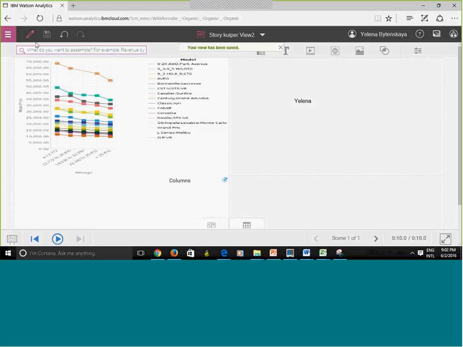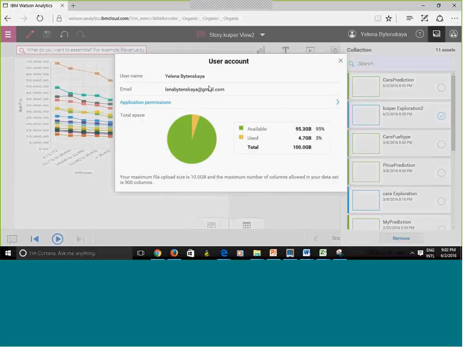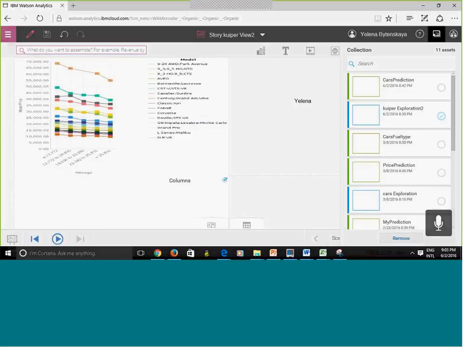Make sure to save it, or you might lose it. And here is undo, redo. From each screen, you have access to the help, to the documentation, to collections, and to your profile. You're not going to see administrator, but you're going to see my account. It's just going to tell your email and your space that you have. So let me close this out, since I don't want to do anything that I don't want to do.